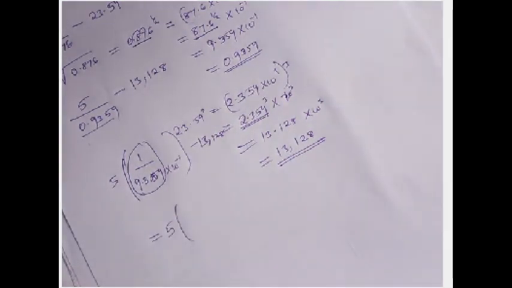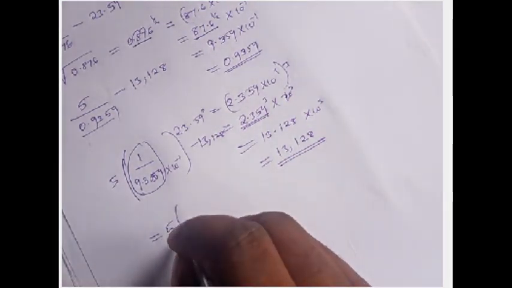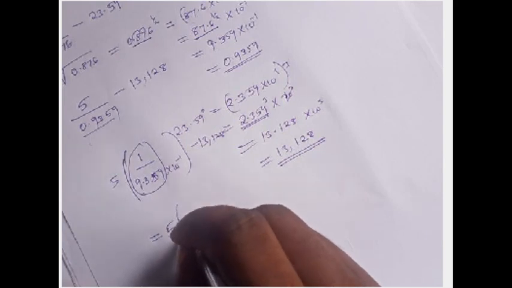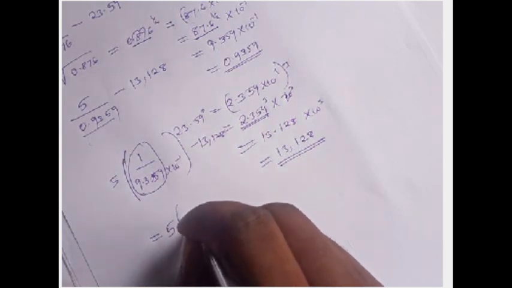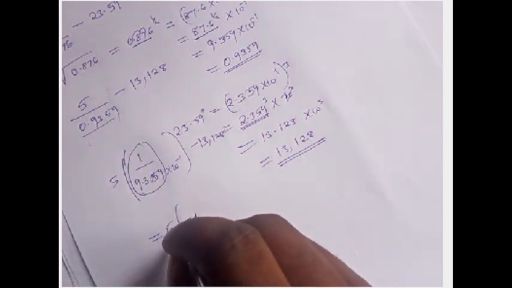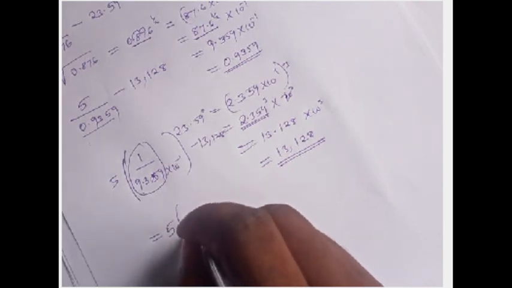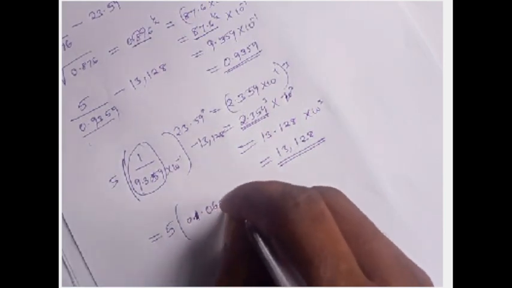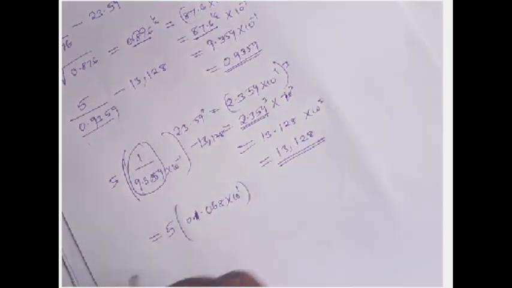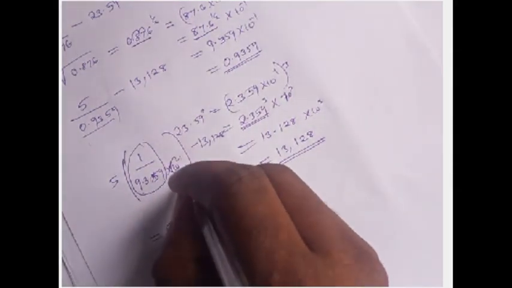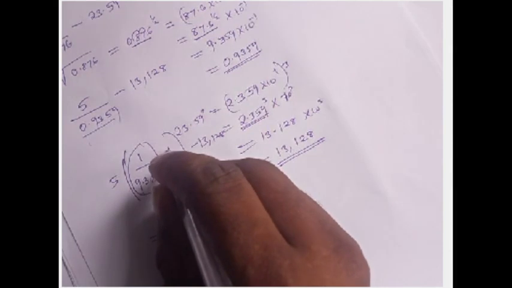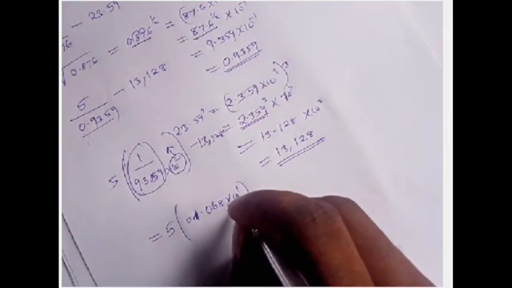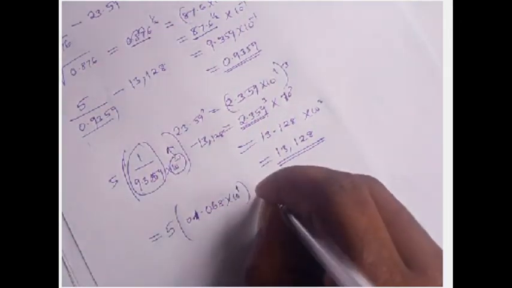which gives us 0.1068 times 10 to power 1. When it is negative at the denominator, it goes to the numerator and becomes positive. So we change the sign every time. Minus